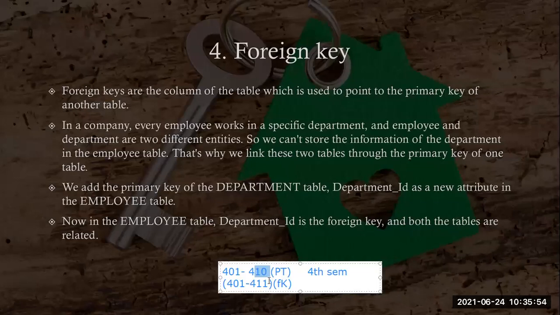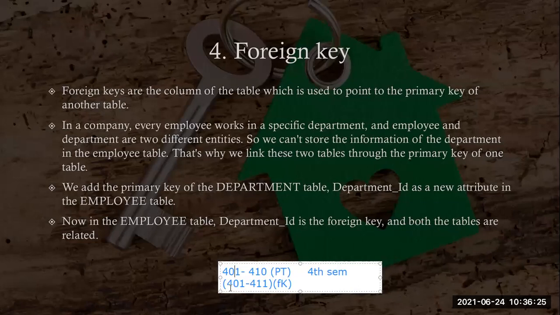If their value is available, you can refer to that here. And assume 401 to 410. If you have not entered the 405 value, okay, fine, no problem, it is not compulsory here. Whatever values you have entered in the personal table should be entered in the other table. No, not required. If you want, you can take it. If you don't want, it is okay. But that value cannot be repeated here.